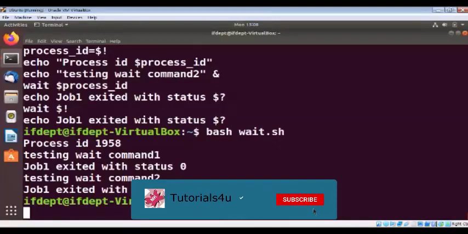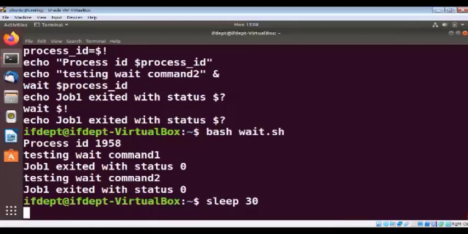After 30 seconds, it will return to the prompt. See, after 30 seconds, it has returned to the prompt. So this is the use of the sleep command, right?